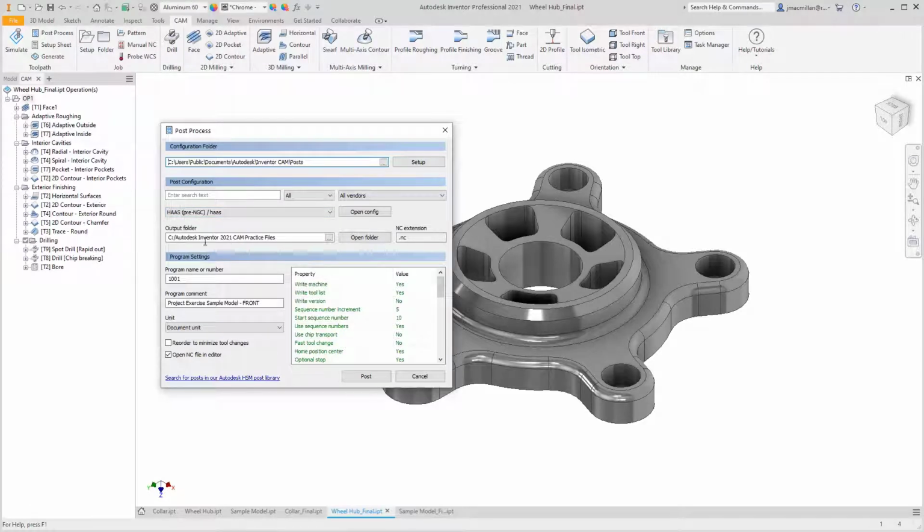I'm going to just extract them into this output folder. I'm not going to change up too much here. I can say this is my AU test post-processed file. I can see here that I've left the option to open the NC file in the editor, so once it actually posts out, it's actually going to open the file in the editor, which is a nice way